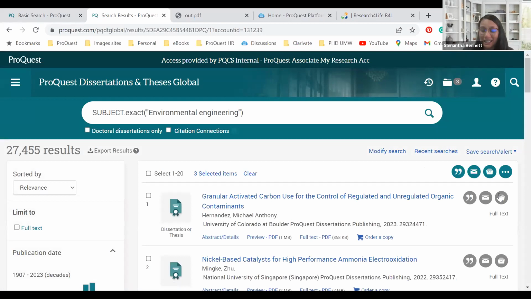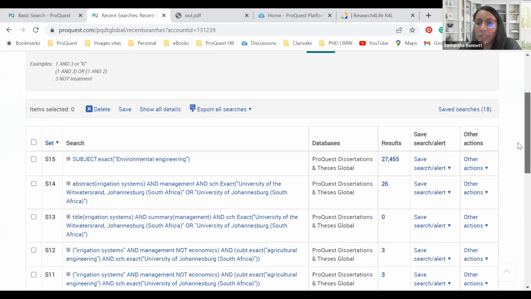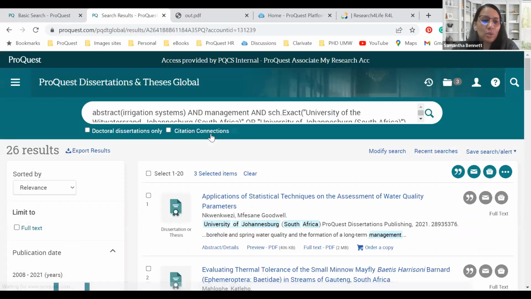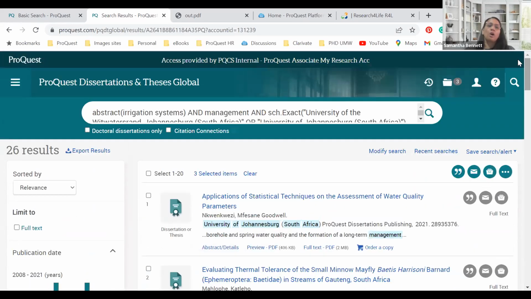So the look and feel is exactly the same. Even though you use some of the features on the right-hand side of the screen, it will always take you back to those. Now, remember we were searching earlier on for something? There is the recent searches icon, which looks like a clock. If I click on it, the system will open up all of the recent searches that we have done for the past hour. If I want to go back to any of those recent searches, I didn't save them, but I can still come back here and just click through on it before I leave the session. It will take me back to those 26 dissertations and theses that I was looking for on the platform as well.